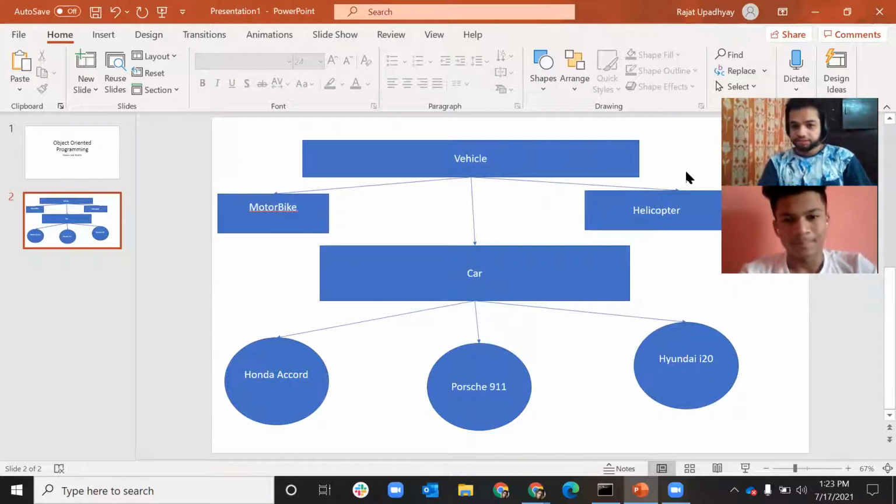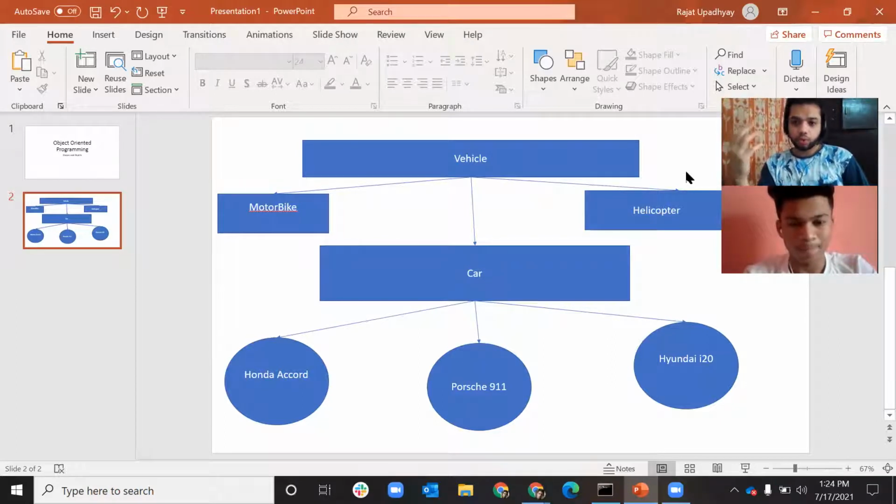Now, in this car, this took the properties of vehicle. Now this car has a property that a car can move, right? But it can add more properties to it, its own properties also. So it's like saying there's a parent and they have a child. The child took all the genes, all the genetics information from their parent. They have the genetic information of their parent and he can instill his own information itself also. So the car has the property that it can move.